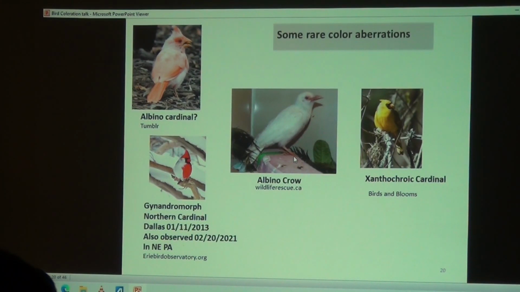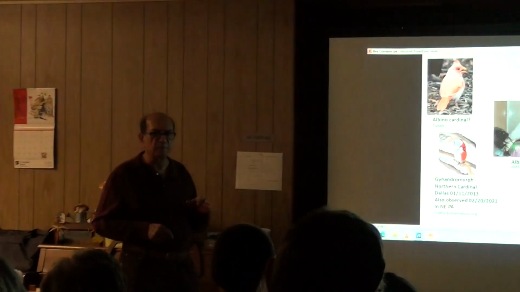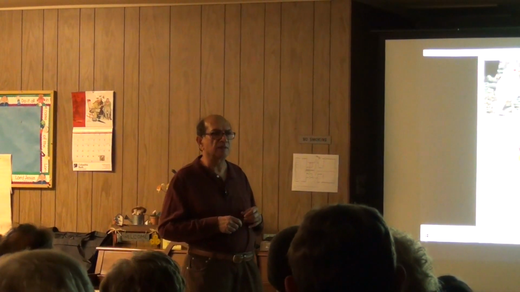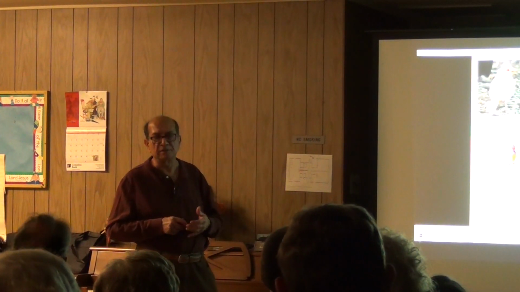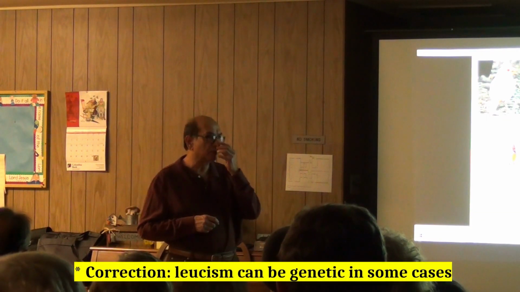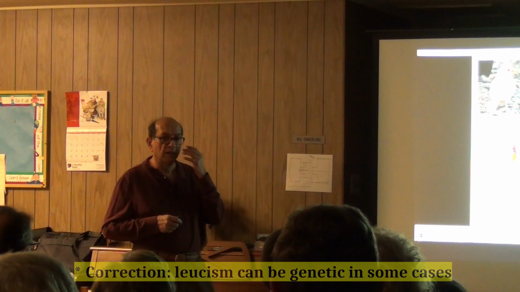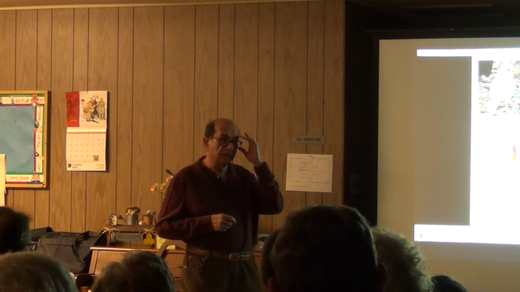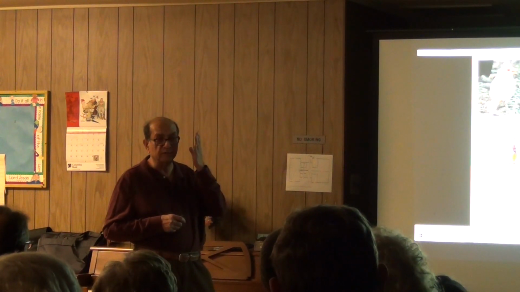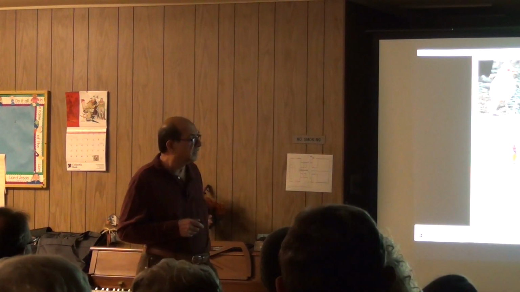Did you have a question? Define leucistic versus albinos. Albinism is generally a genetic defect, and leucism can occur during the lifetime because of injury or other things. It's not genetic, and leucism can produce birds that look all white, but you know they're not an albino because they don't have the pink eyes. The eyes look pink because the color of the blood vessels comes through because there's no black pigment there to prevent us from seeing that.